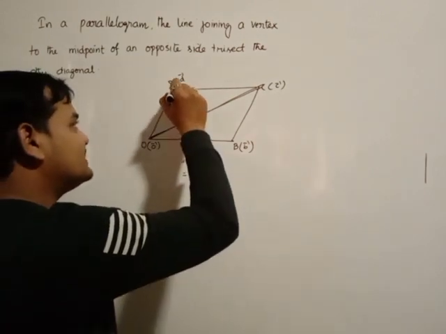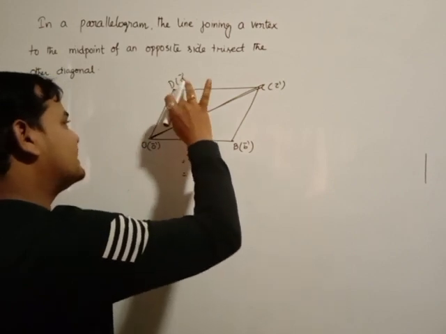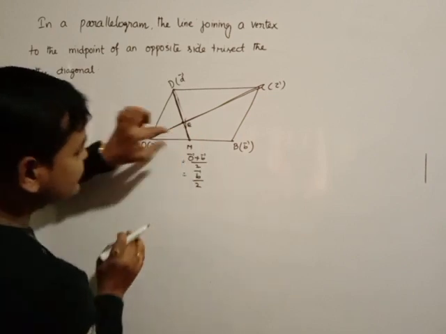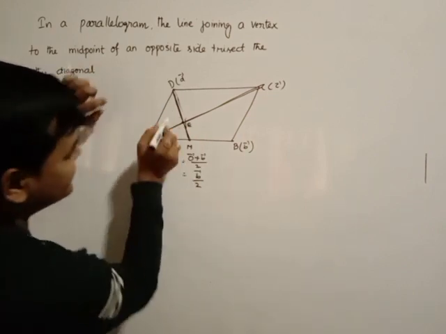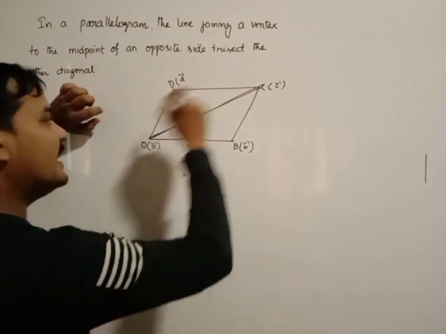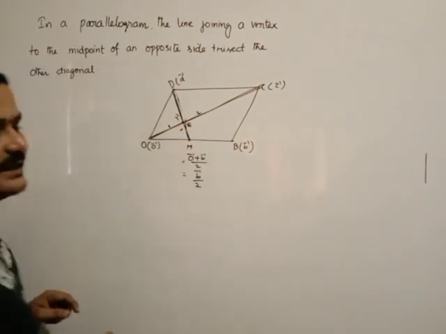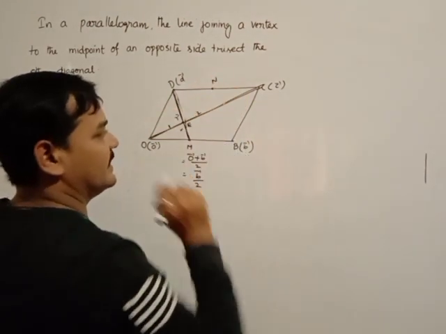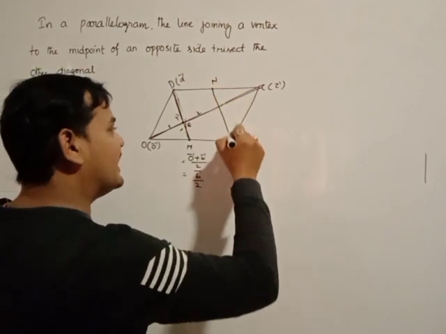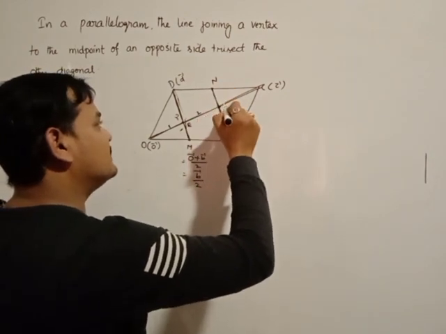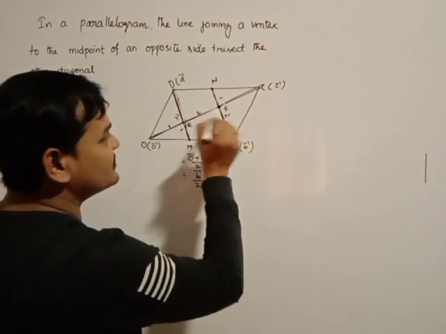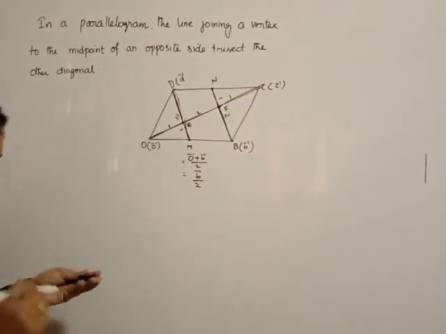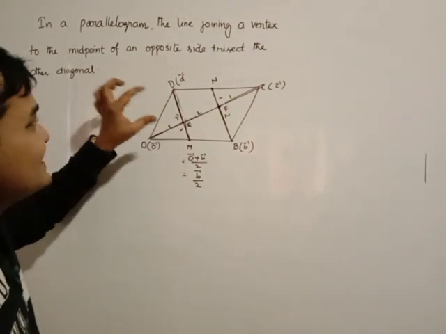Now if you join this D to this M, it divides the diagonal at the point E. This E divides in the ratio 2:1, meaning on this side it is 2:1 and on this side it is 1:2. Similarly, if you take another midpoint N here and join, the intersection point divides in 1:2 ratio in this way and 2:1 ratio in the other, because this is three equal parts.